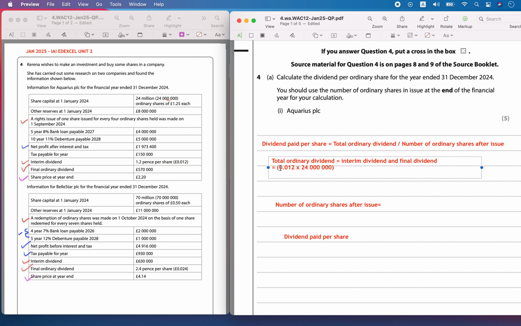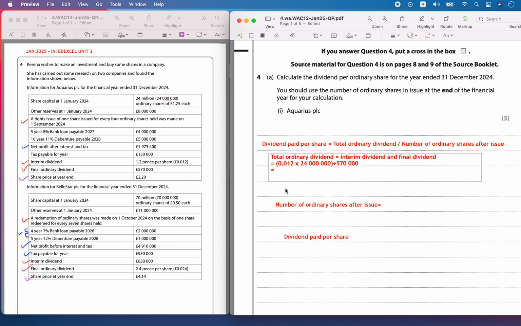The total dividend cost is always the rate times quantity, so 0.012 times the quantity of shares, plus the final dividend was